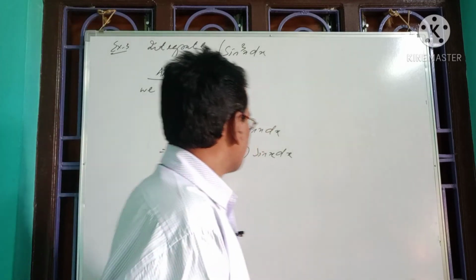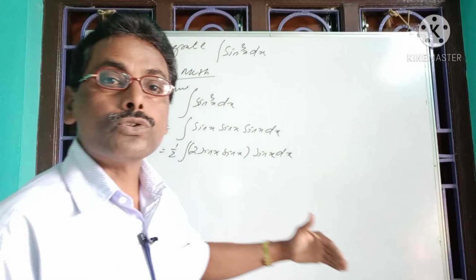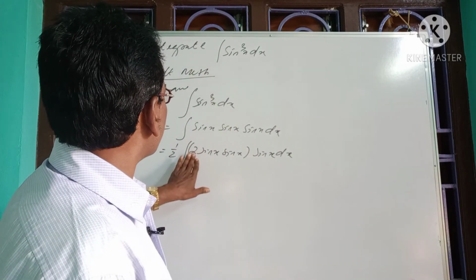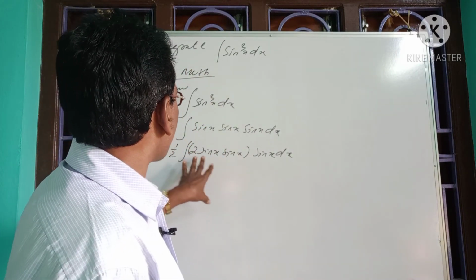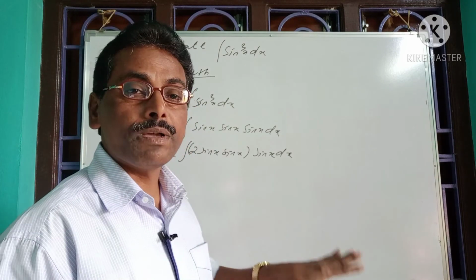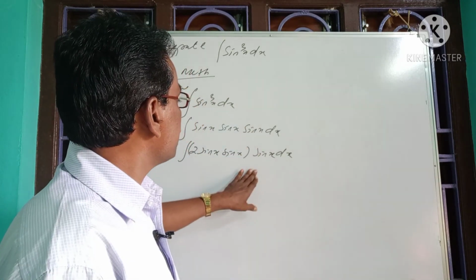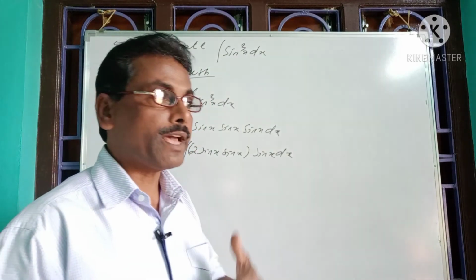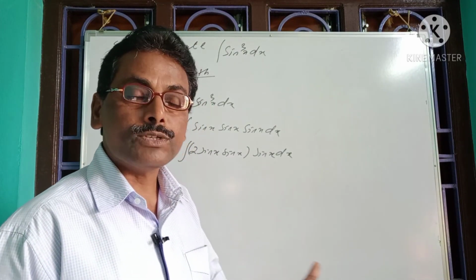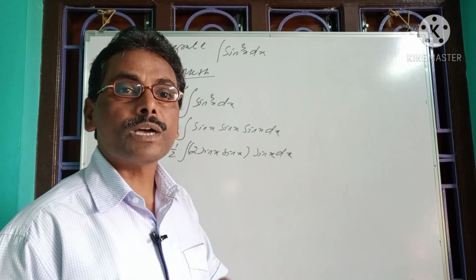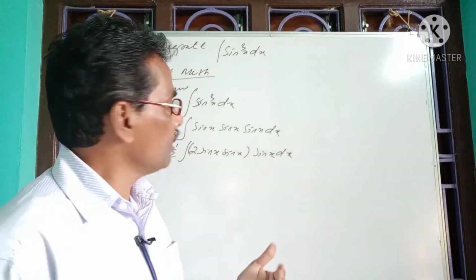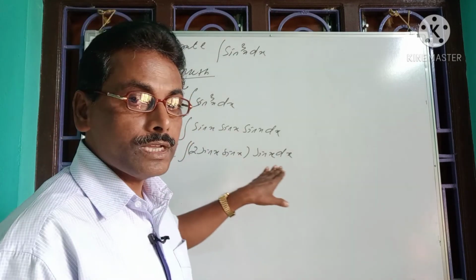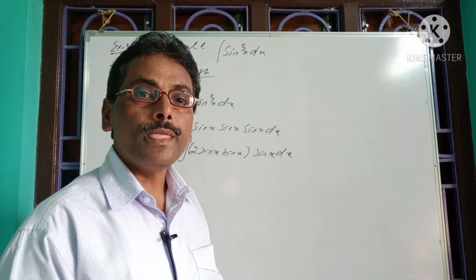Now in this process we can proceed further to integrate the integrand sin cubed x, breaking 2 sin a sin b into the form cos of a minus b minus cos of a plus b. Then we will multiply sin x, which again will be transferred into sin mx into sin nx. Then we will multiply half and 2, and it will be transferred into a sum or difference of sine or cosine functions. Finally we can easily integrate the same function, sin cubed x, so that the integration can be easily completed.